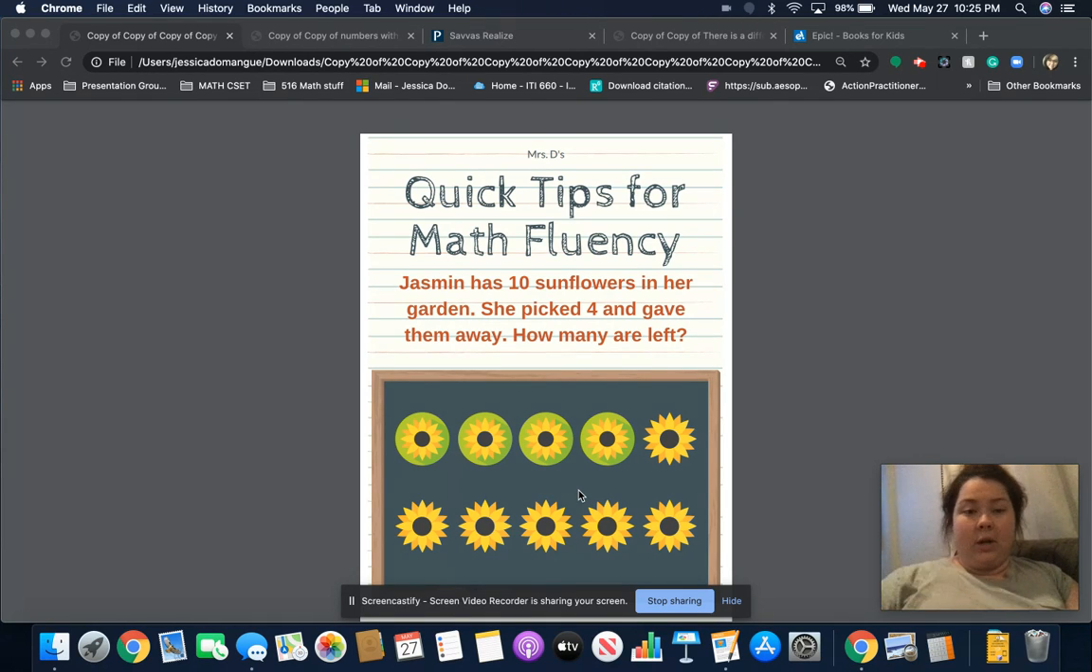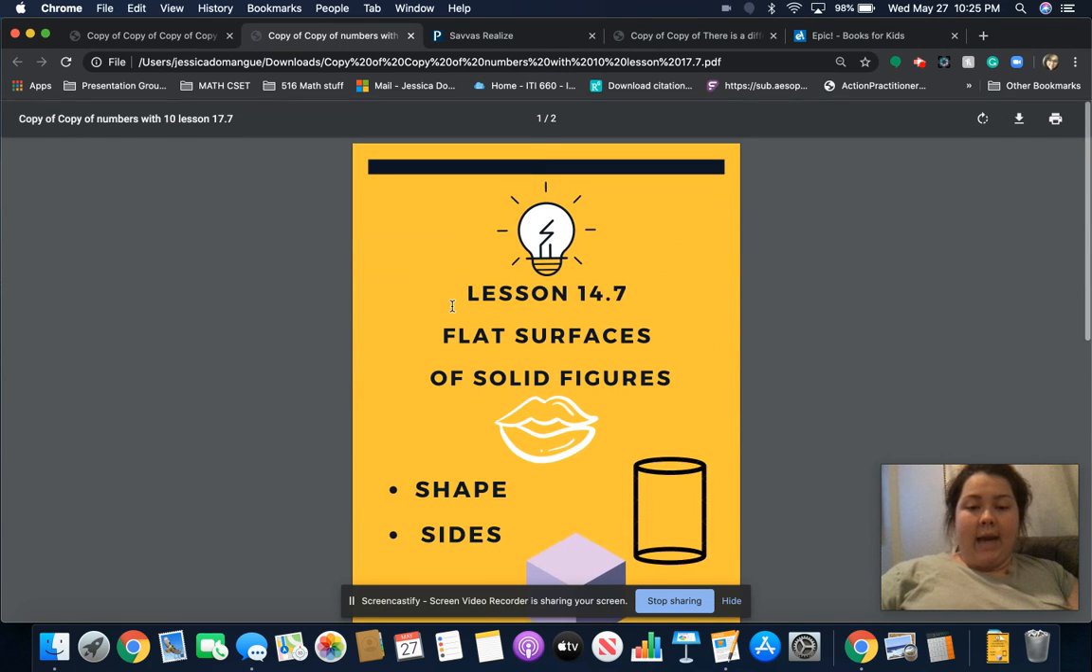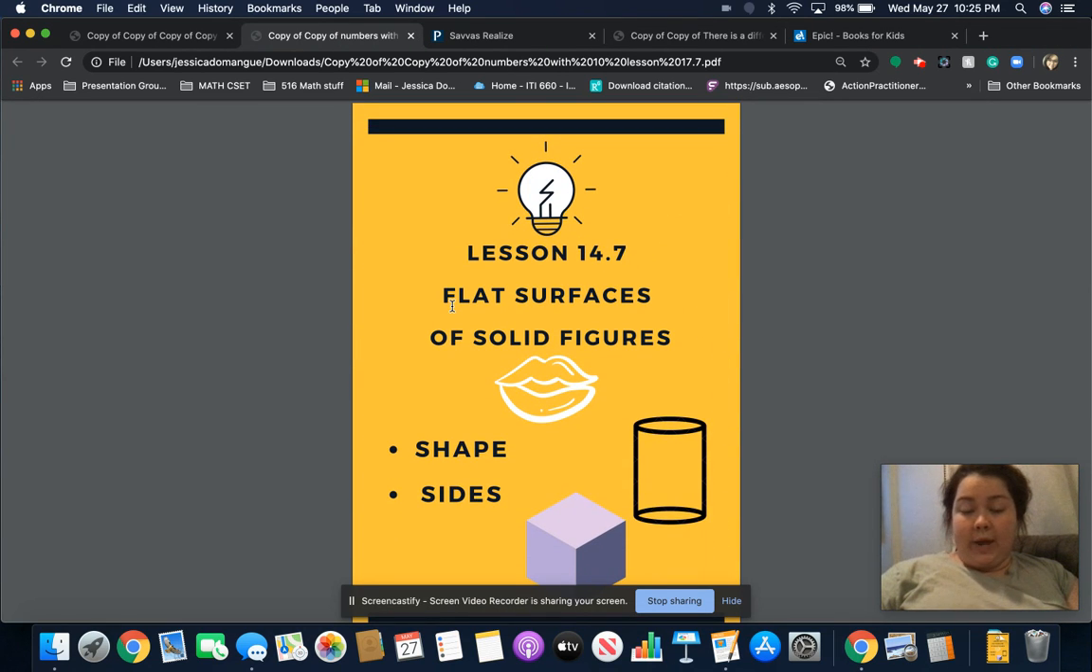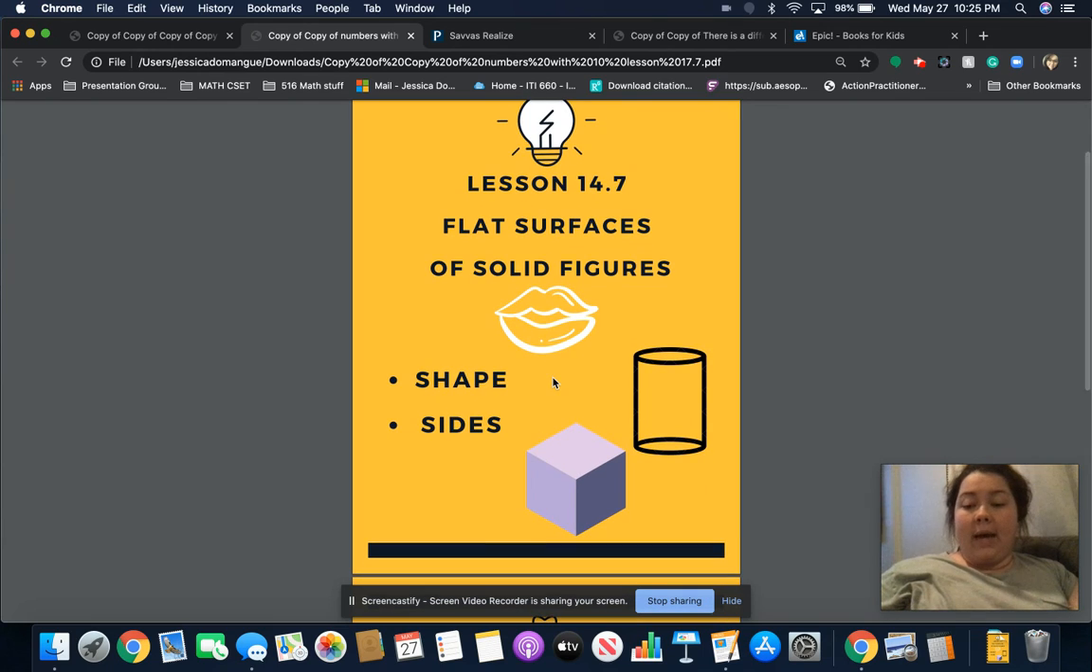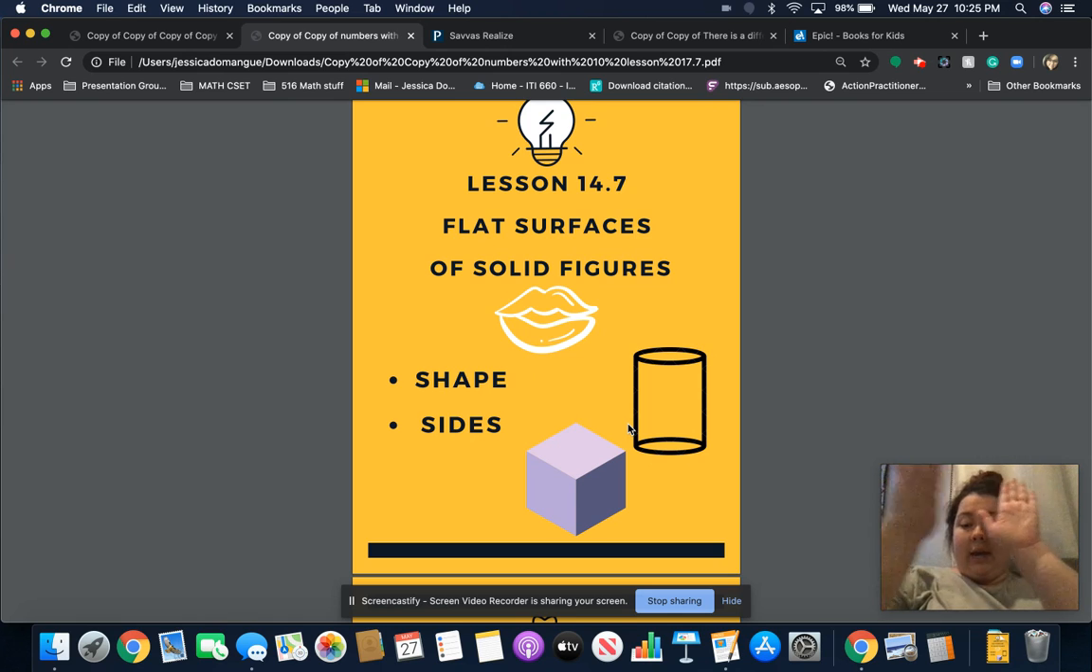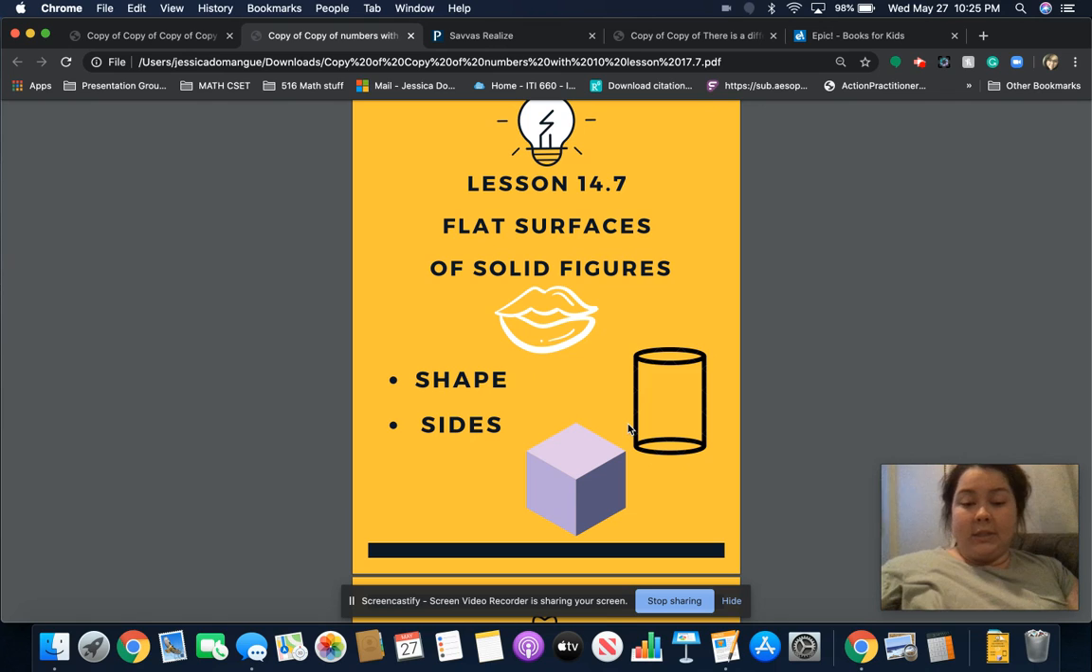All right, great job, scholars. So our lesson today actually is very similar to the one we did yesterday. It's related because we're getting ready for first grade. So our lesson is number 14.7, and it's all about flat surfaces of solid figures. Our academic words, our scholarly words, are the same shape and sides, and that is because the shape that we're talking about is still a solid figure. It's not a flat shape. It is a solid shape that has substance to it,